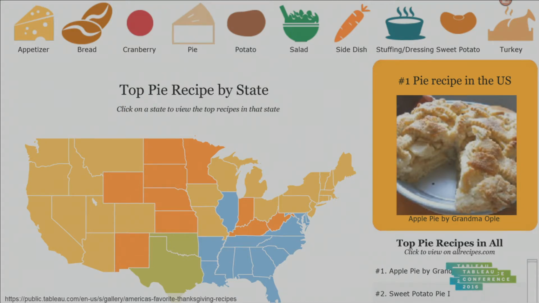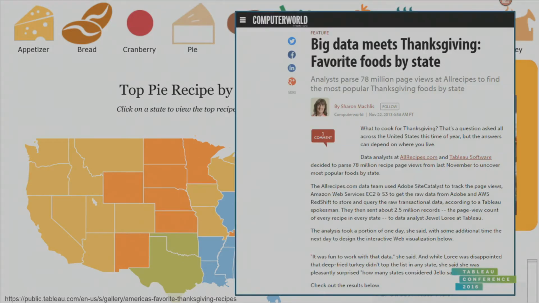What All Recipes did was they made a visualization in conjunction actually with one of our Tableau Public authors, Jules Laurie, who you guys might have seen at Pimp My Viz Tokyo Drift earlier this week. And they made this visualization that got picked up and put through Computer World. So they used Tableau Public as a brilliant way to make engaging content and to reach a different market, because most people who go to All Recipes probably don't then immediately jump and go, hey, I want to see what's happening on Computer World.